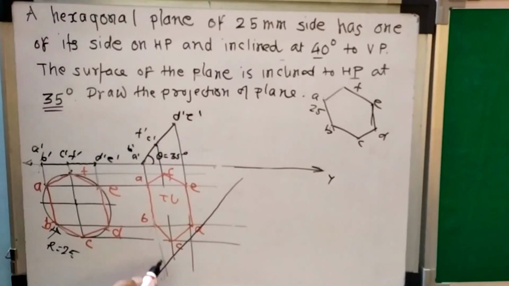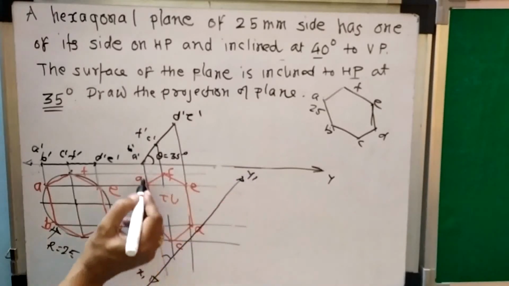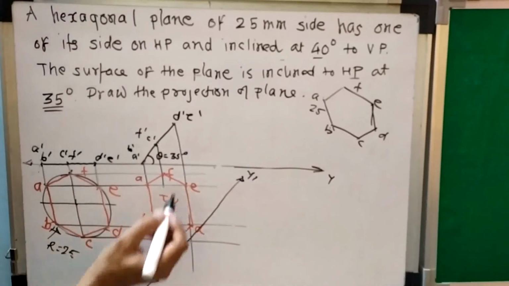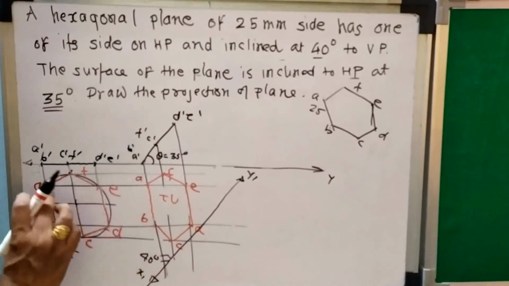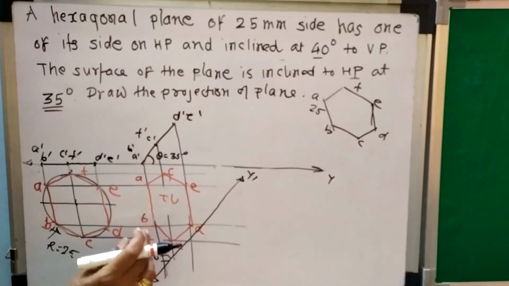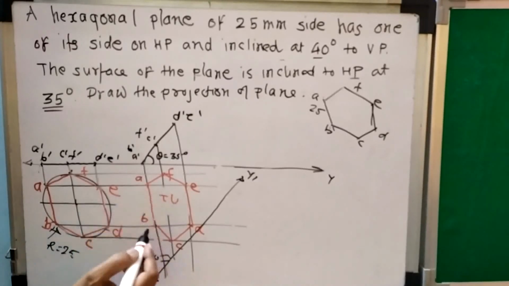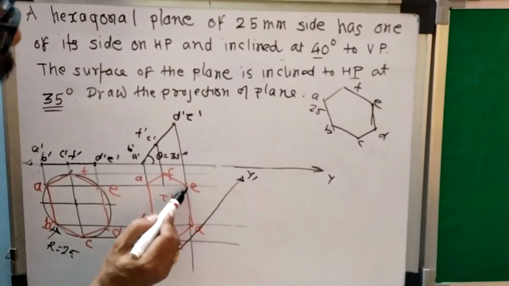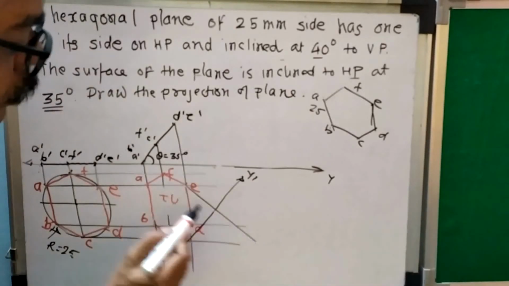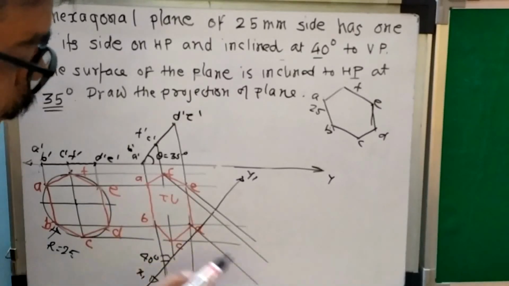So I will take this auxiliary plane inclined to AB. This is the new auxiliary plane x1 y1 inclined to this AB at what angle? 40 degree. So this is 40 degree. It is not necessary to find a beta angle here because this AB is the resting side, so it remains constant. It never changes length. So this is not apparent length, this is original length. And then on this x1 y1, draw a perpendicular from each point. That is the projector.